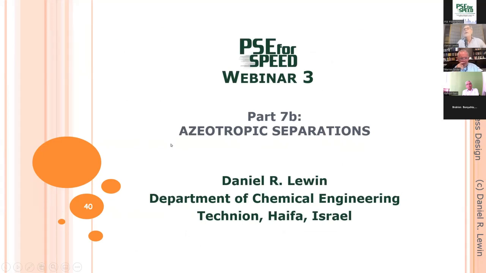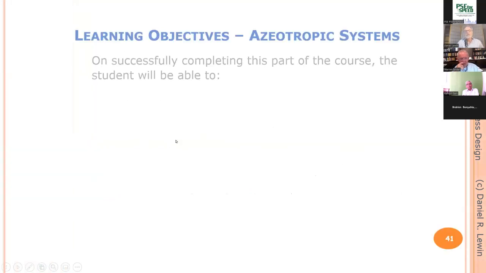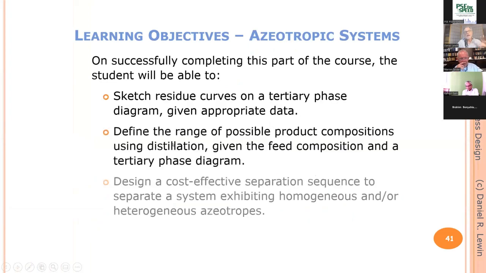In the 6th week, we cover azeotropic systems, and here are the instructional objectives for that week of the course. So students should be able to sketch residue curves on a ternary phase diagram given appropriate data. They should be able to define the range of possible product compositions using distillation, given the feed composition and a ternary phase diagram, which they generated in the first step. And given this information, they should be able to design a cost-effective separation sequence to separate a system exhibiting homogeneous